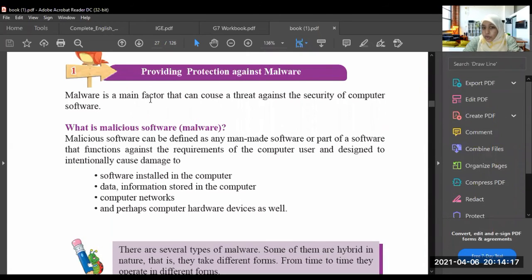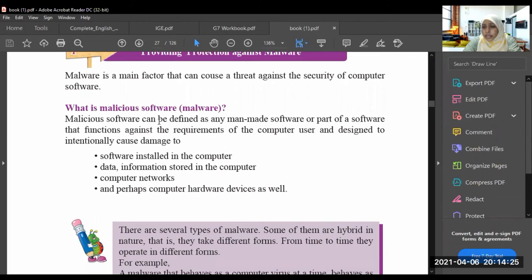Then we learned how to protect our computers against malware. First of all, I told you what malware is. A malware is harmful software which is made by human beings, right? So what are the damages they can cause inside our computer? It can harm the software installed in the computer. It can damage our data and information.